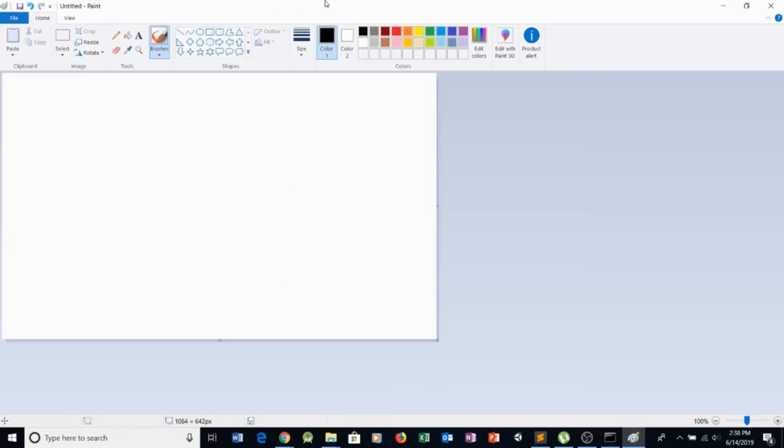So when we're drawing in computer graphics, we use a coordinate system that is somewhat like our math graphing system, but a bit different. So the x coordinates,